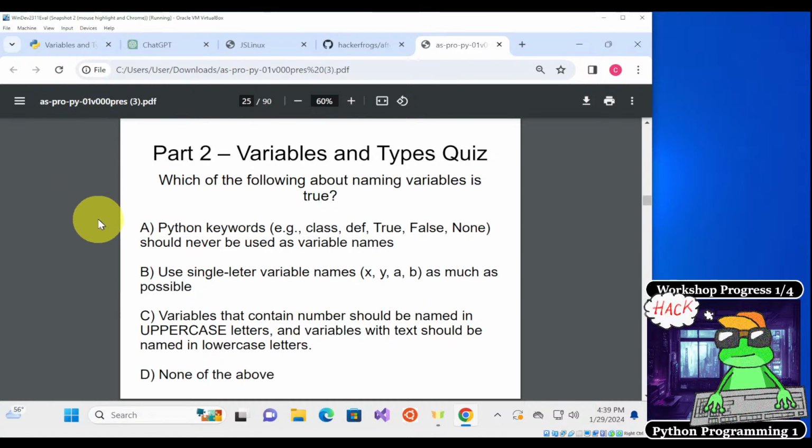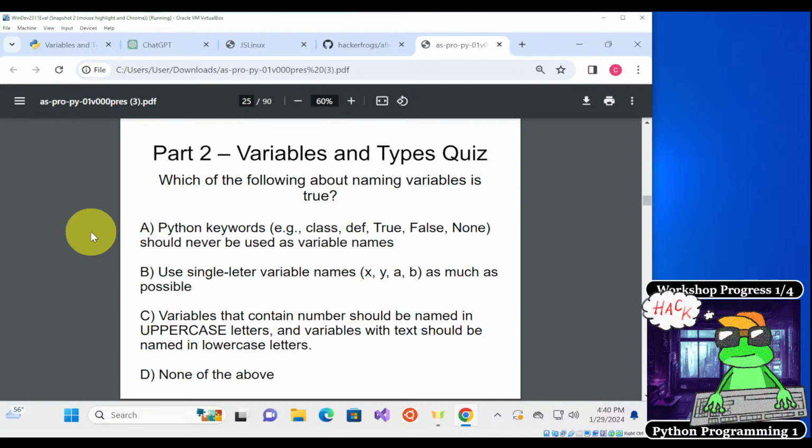So part 2, variables and types quiz. Which of the following about naming variables is true? We didn't really go over this, but let's go over how we should be naming our variables. A, Python keywords should never be used as variable names, stuff like class, def, true, false, none.